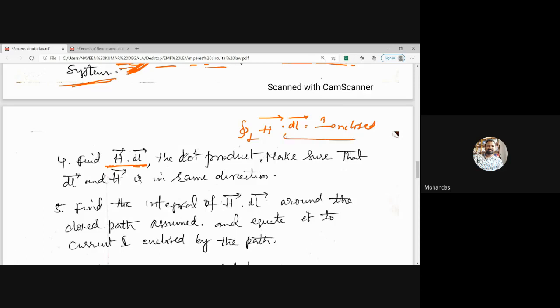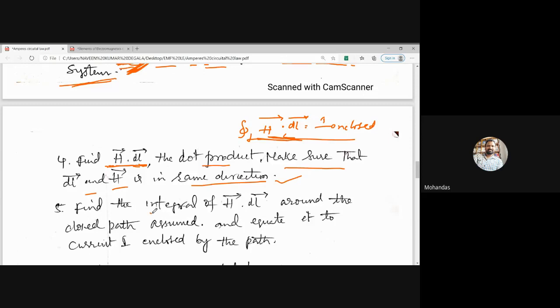Okay. So later you have to calculate first H dot dl. You have to calculate the dot product. Make sure that dl and H are in the same direction. This is the fourth point. So what is the fifth point? You can guess. After calculating H and dl,